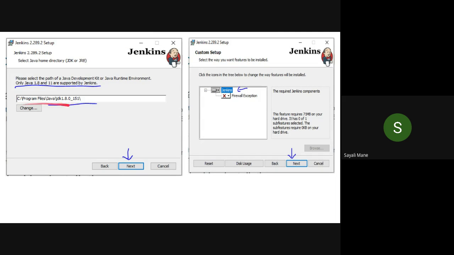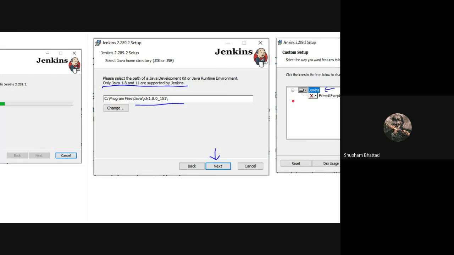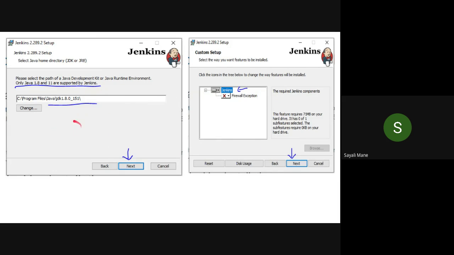You will get this path, that is the Java path which is installed in your respective host machine. Are you getting this screen? Yes, ma'am. Just wait a minute, sorry. Okay, correct. So click on the next.